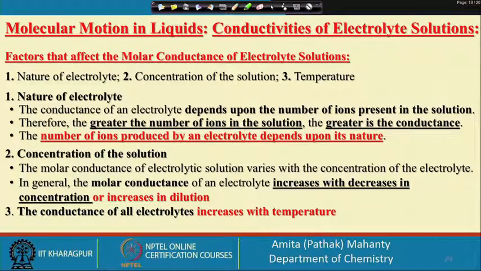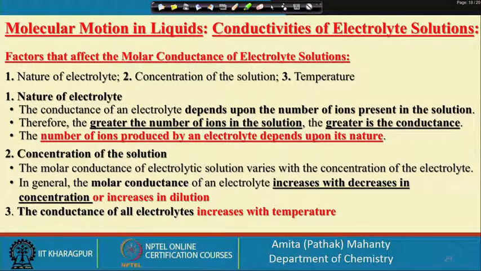Another term which I said is going to be important for our discussion in the coming classes is the molar conductance, which is usually represented by lambda. You will see the resemblance with kappa and specific conductance, that is with the molar conductance lambda. You see what are the parameters on which the molar conductance depends. It is also going to depend on the type of electrolyte, that means the solute system you are using. It is going to depend on the concentration of the solution, that means the number of ions in the solution,